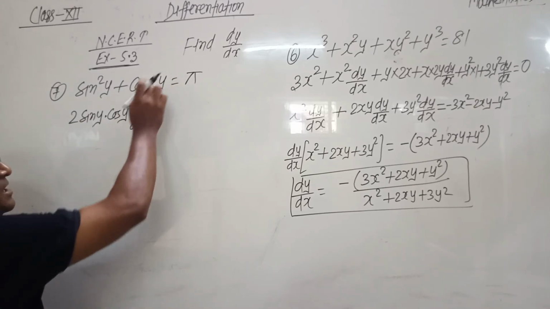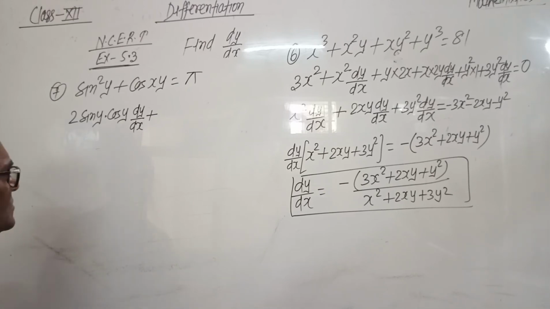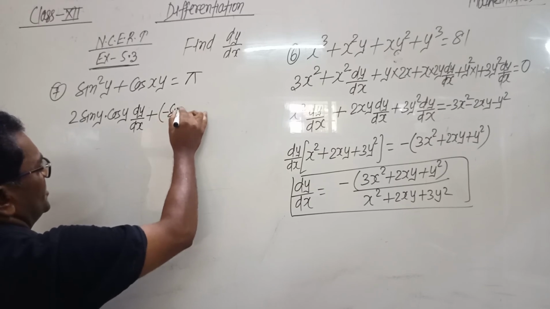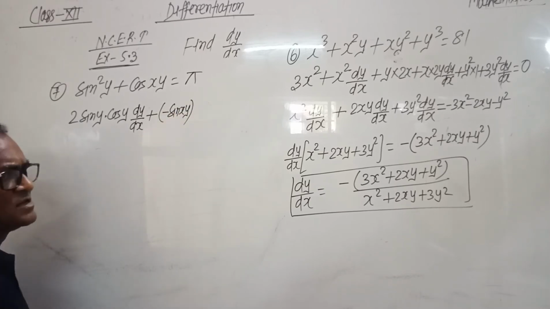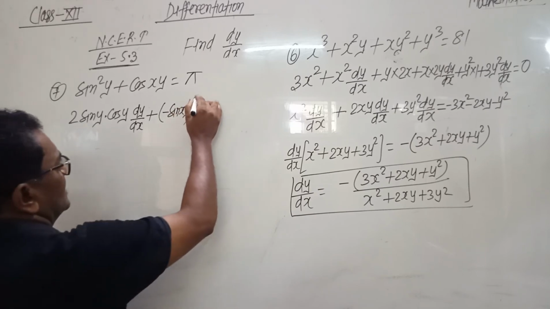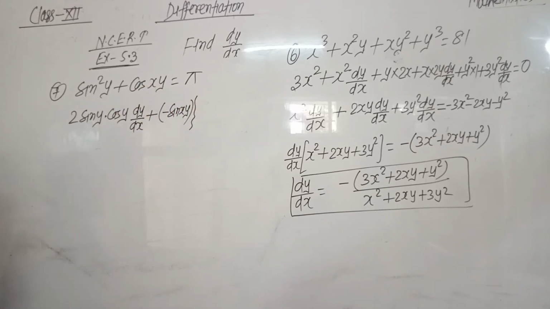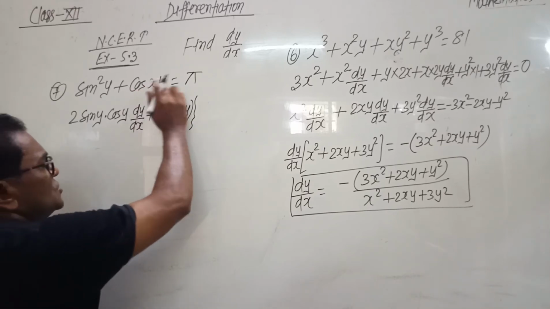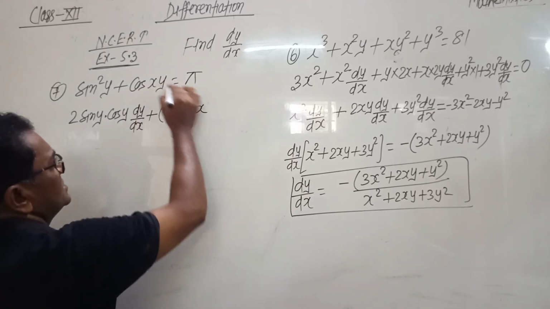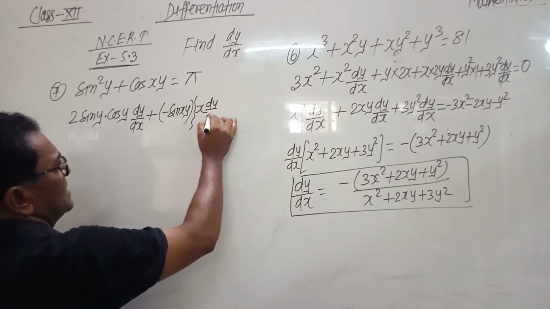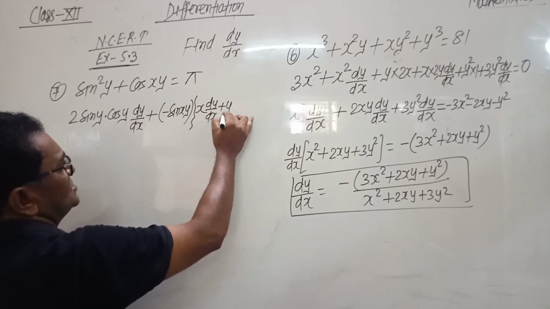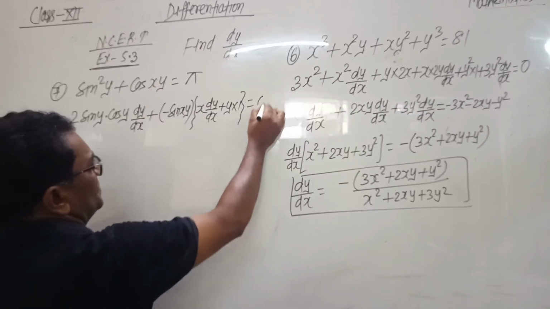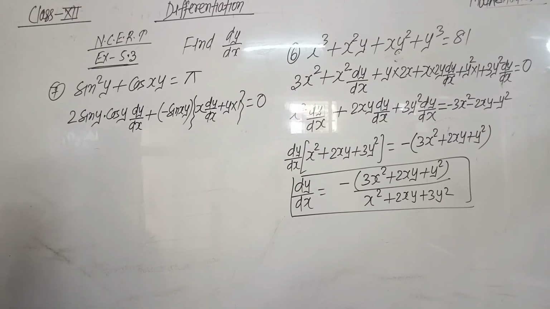So this is theta. At the place of theta there is xy. So differentiation of cos theta is minus sin theta. So differentiation of cos xy is minus sin xy. Now drop cos and it remains xy. Differentiate this on the formula u into v: x as it is, differentiation of y is dy by dx, plus y as it is, differentiation of x is 1, and differentiation of pi is 0 because pi is a constant term.